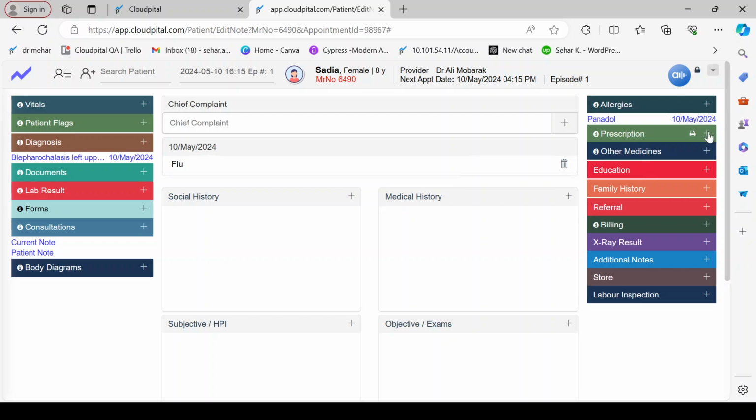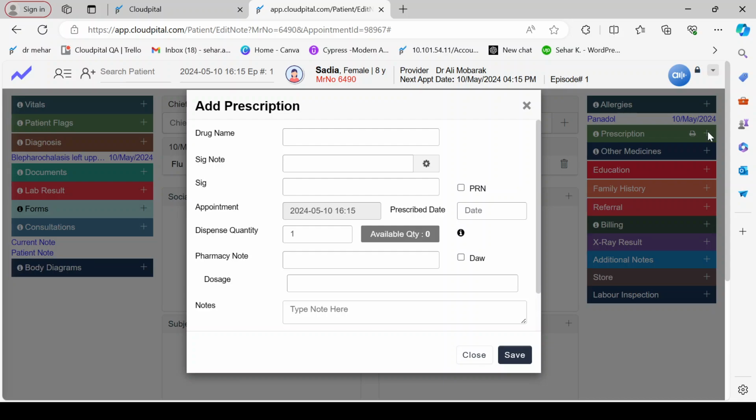After that, we have a prescription. Prescription is just like the medication the doctor prescribes to the patient. For example, if I'm adding Brufen, at the moment when I click on Brufen, we can see that the available quantity is shown on the screen, and we can also view the nursing tray having 81 quantity and the pharmacy store having 10 quantity. Because we have an in-house inventory management process, I can explain that after. That's why we can show all the inventory management and stock available quantity in these screens as well, and we can manage all the quantities from our inventory management module.